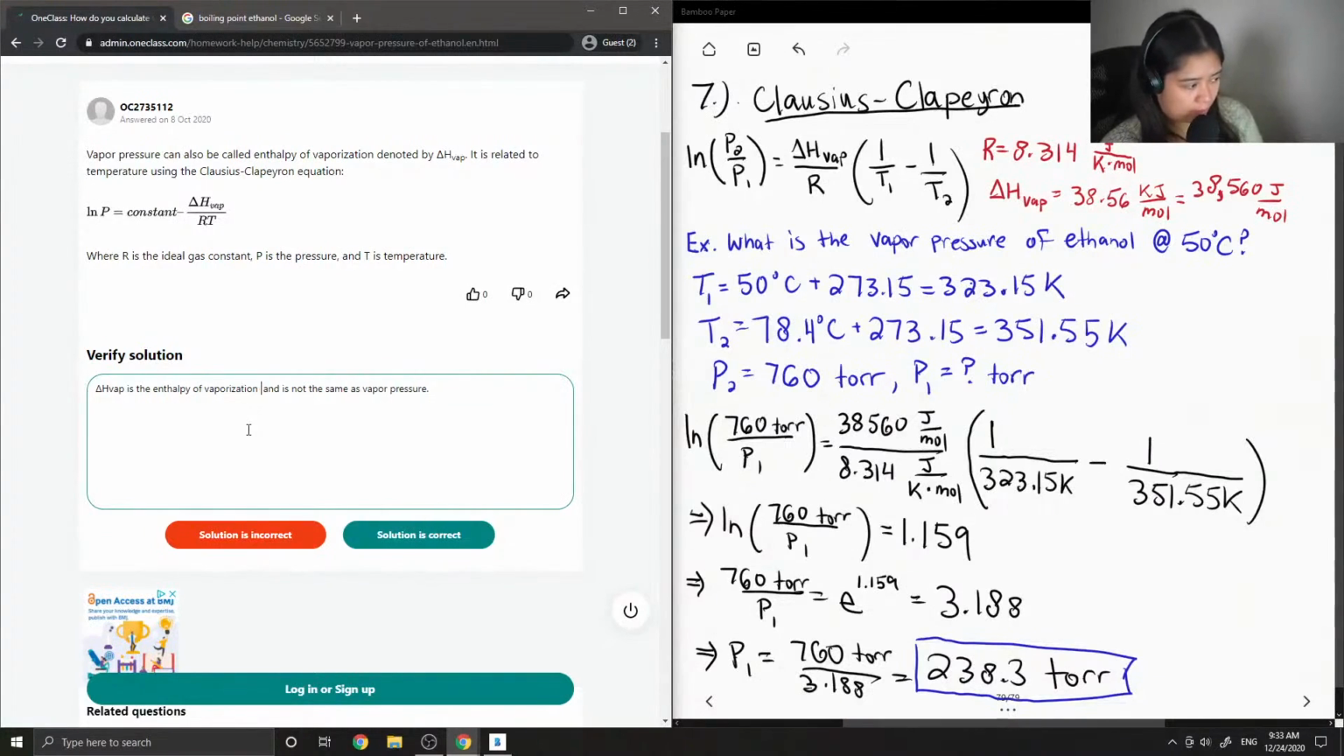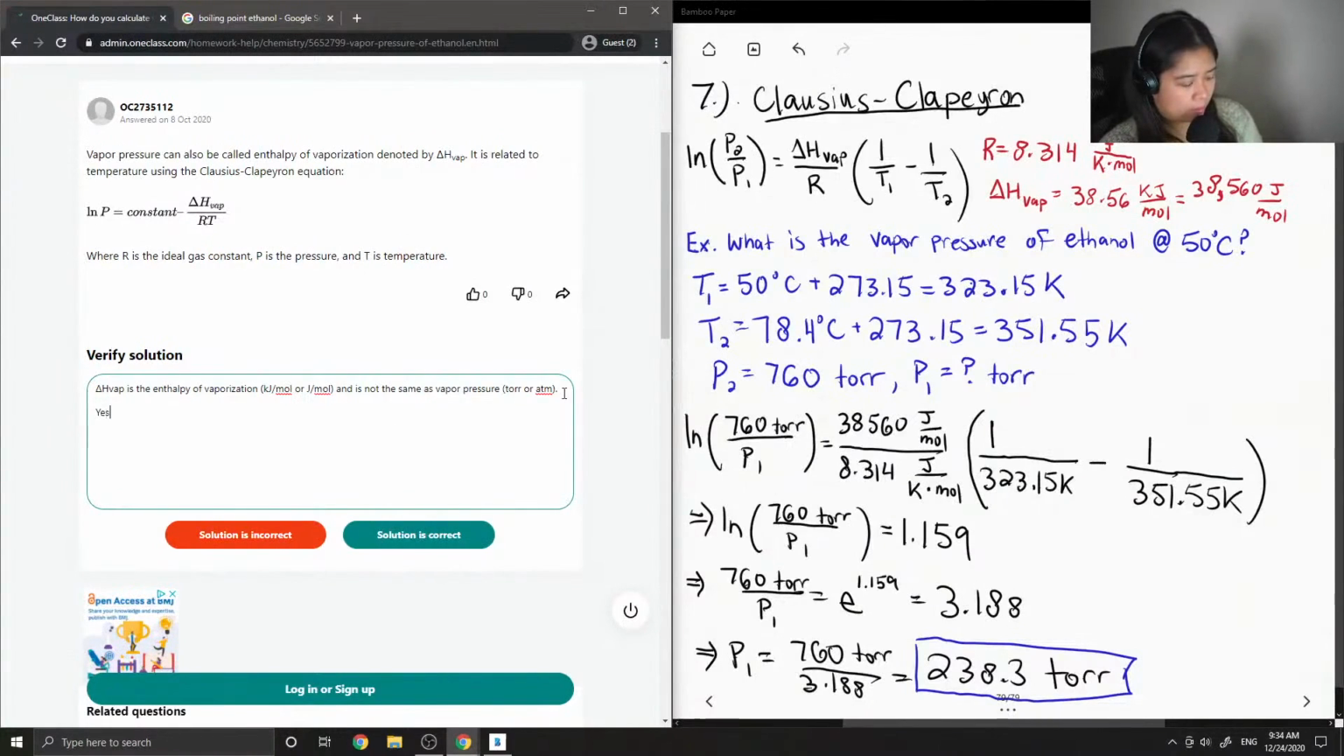The units of enthalpy of vaporization are kilojoules per mole or joules per mole. And the units for vapor pressure can be in torr or atm, but already we can see that they are not the same thing. But indeed,